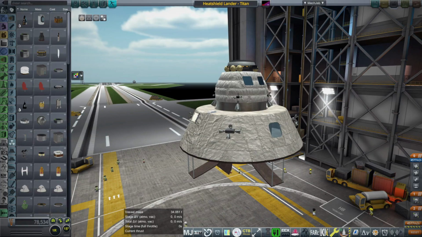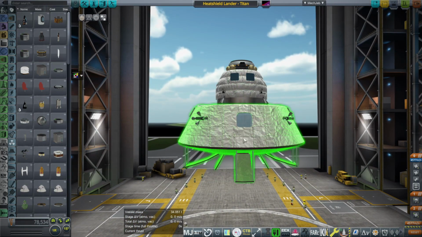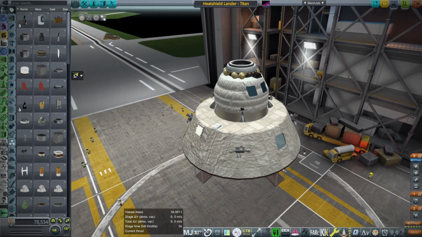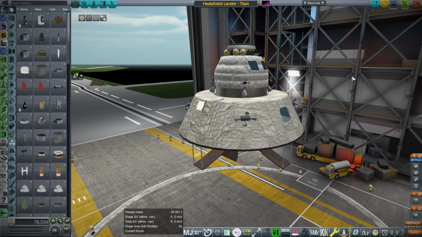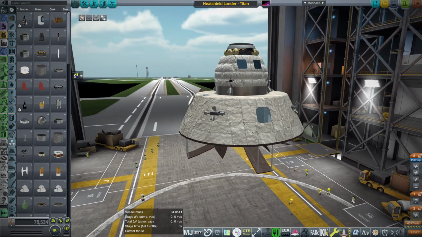In a previous video I had tested out a similar setup to this on Mars. This was meant to be a Mars lander combined with a small base, and I am going to try it out on Titan this time, but Titan is a very different moon. Mars is a planet, of course. Titan is a moon of Saturn, but it is a very different place, and we need to make a few